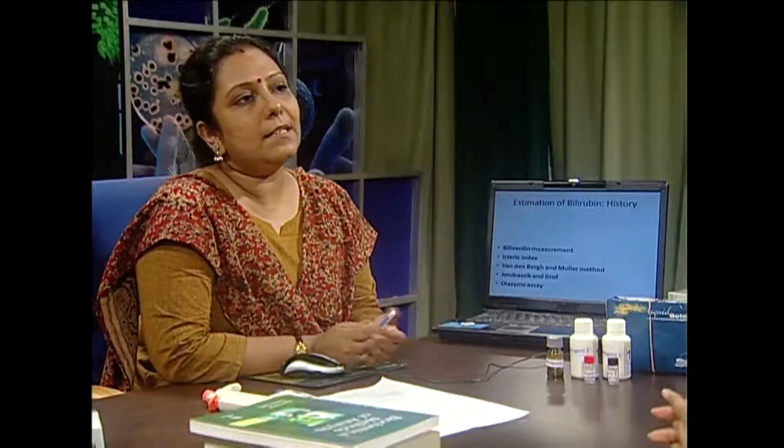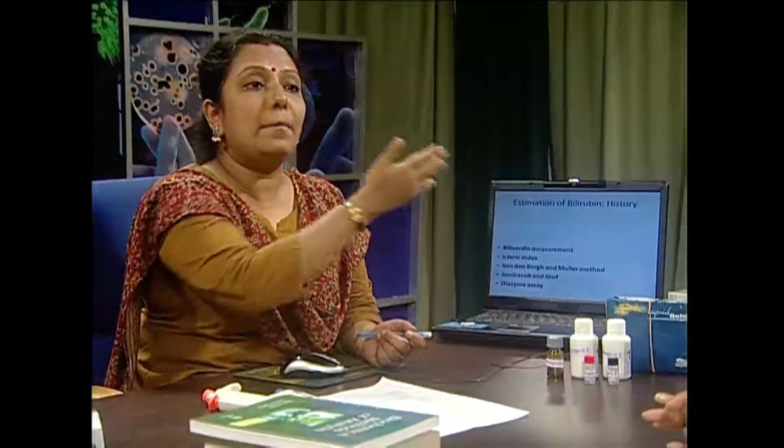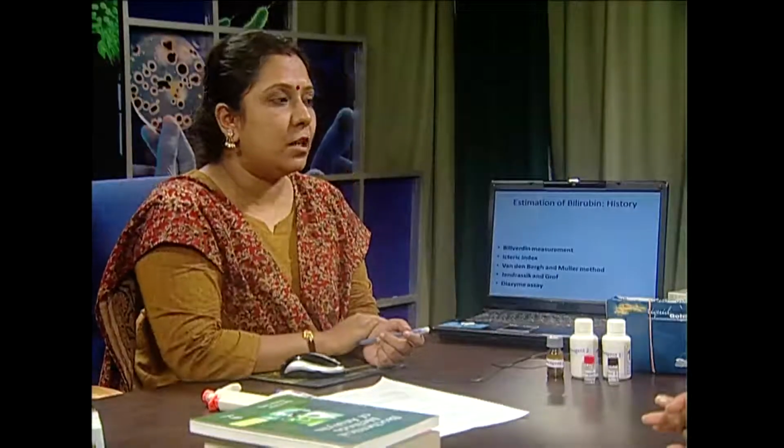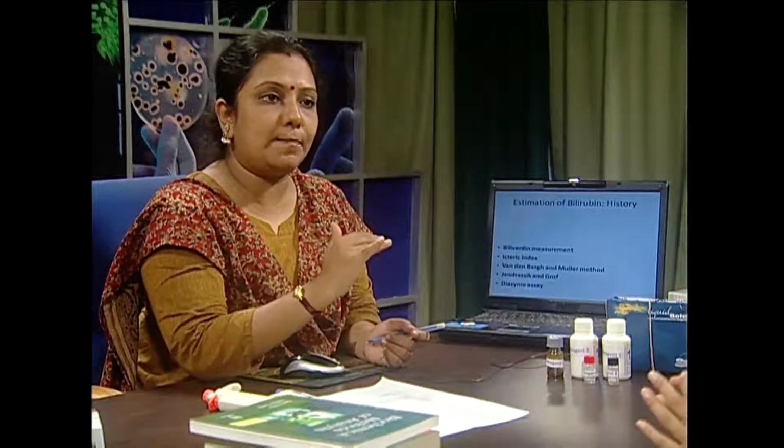Colorimetric analysis means the measurement of the color. Usually serum bilirubin can be converted to azobilirubin and then can be measured. From biliverdin the bilirubin was produced. So at an earlier period the amount of biliverdin was measured. Then the icteric index was measured. What is icteric index? The extent of the pigmentation in the jaundice patient with respect to the normal one.